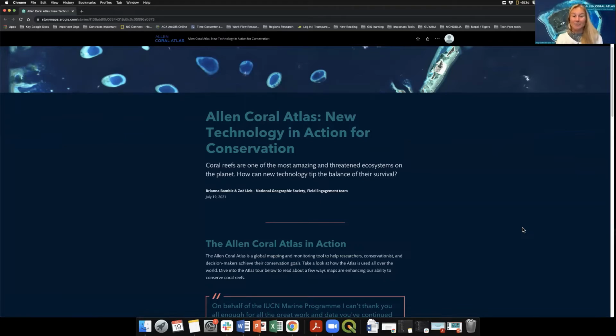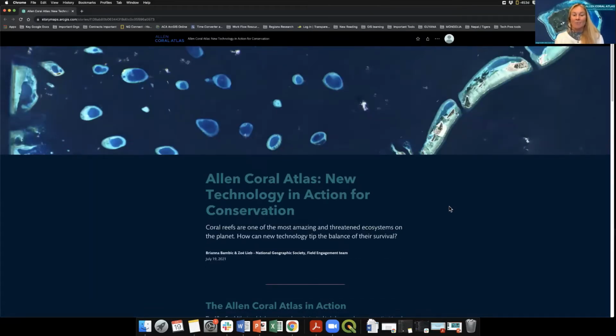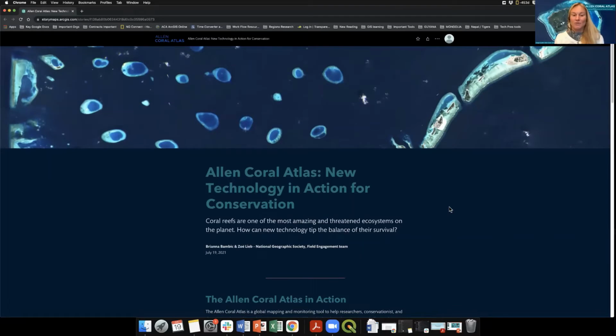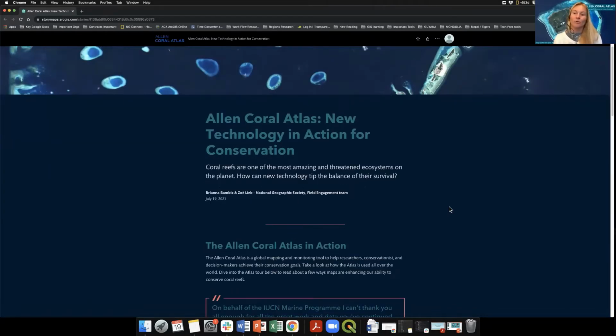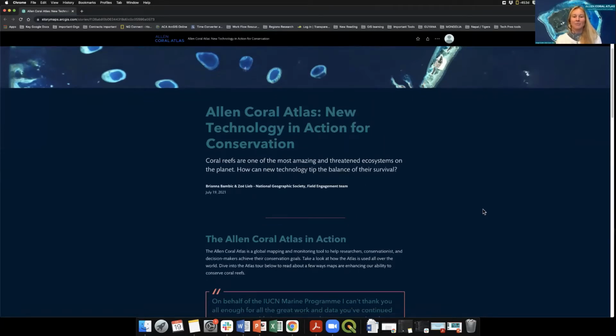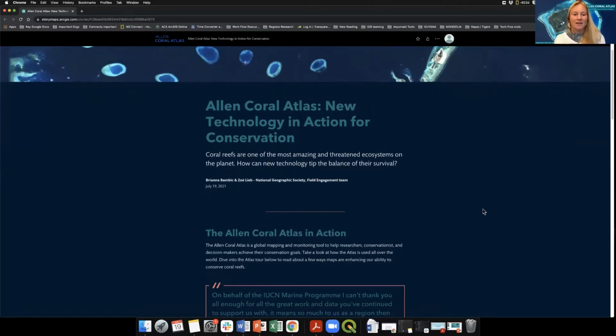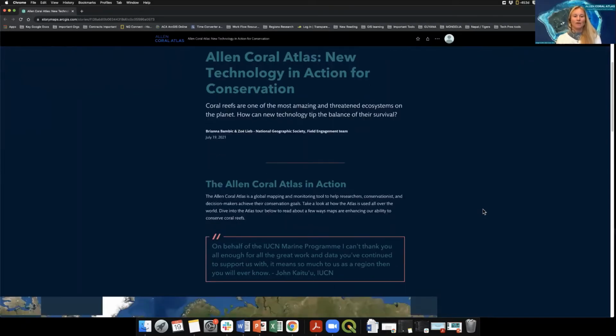For the last segment, before we leave you with further resources and wrap up, in the Q&A session, I'm very excited to share with you the Atlas's new technology for mapping and monitoring of coral reefs on a global scale. I did see a question in the chat about whether the global data set is available, and I'll get to that later. It's something that's in progress. So right now,